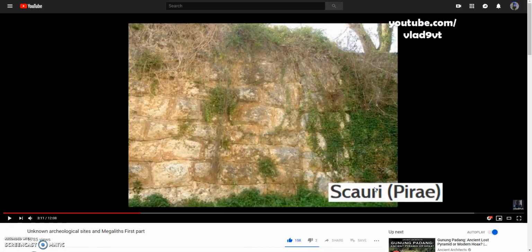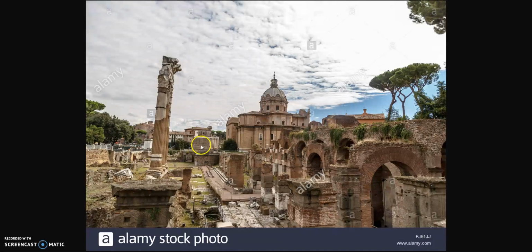And lastly, Vlad found me this place, Sakauri. And after a cursory look on Google, I can't seem to find this one, so maybe I have to look a little deeper to see if I can find out where this one is exactly. But this is clearly a polygonal bevel block wall. And I'm serious, guys, this is a deep rabbit hole, and we need to start asking some questions here, because